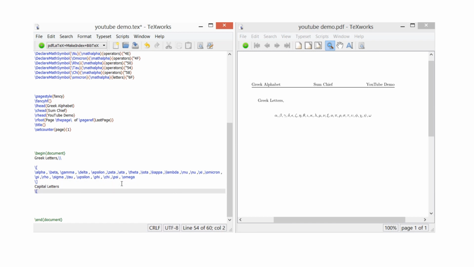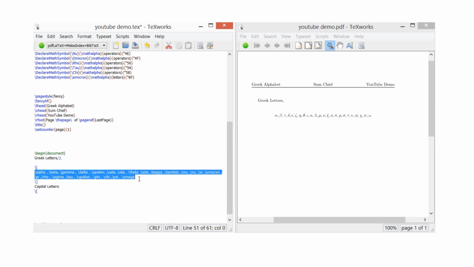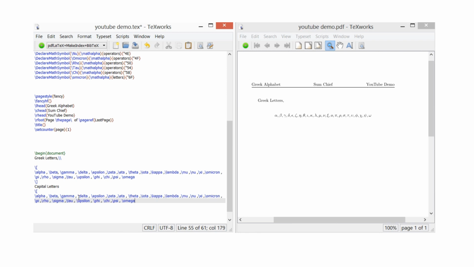So start off the maths text. Now basically a quick way we could do this, just copy and paste these bits here and then just change the capital letters. So Control, copy, get this one, paste, close off the maths package, and now just go through some capital letters. Alpha, capital B, capital G,